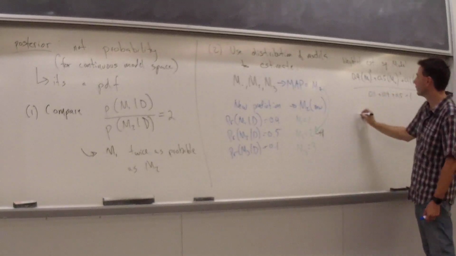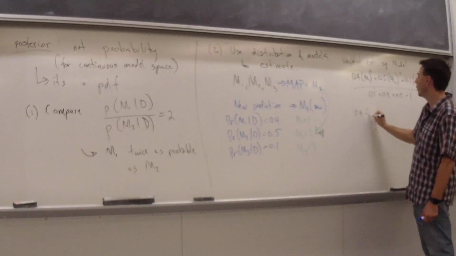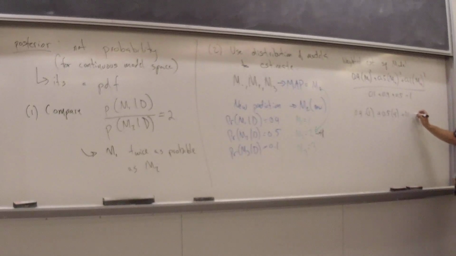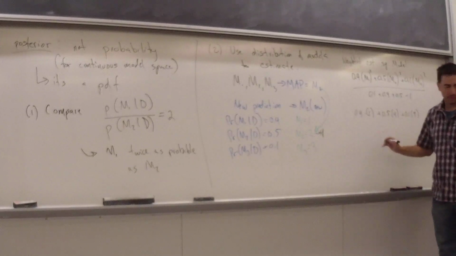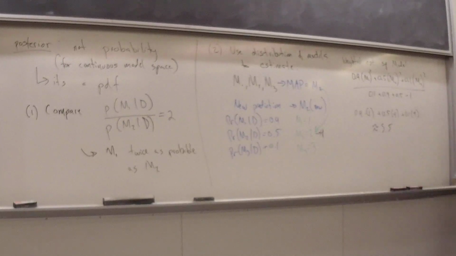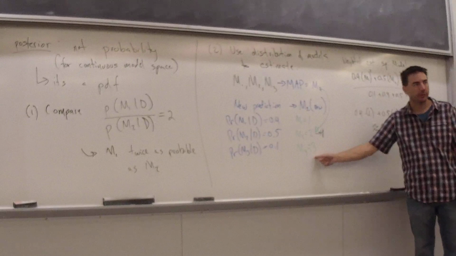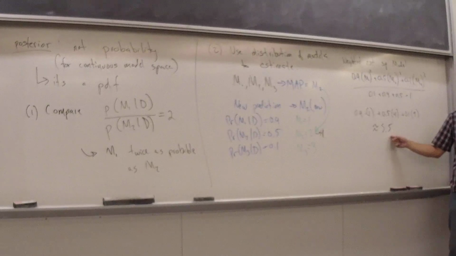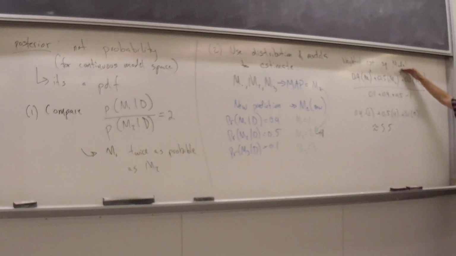And so that'd be 0.4 times 1 plus 0.5 times 4, that's 2 squared, plus 0.1 times 9, that's 3 squared. And so this turns out to be something like 5.5. Right, so even though there was only a 10% estimated probability of being this third model, it pulled the estimate to be larger. Okay, so I can get this weighted estimate of the squared model,